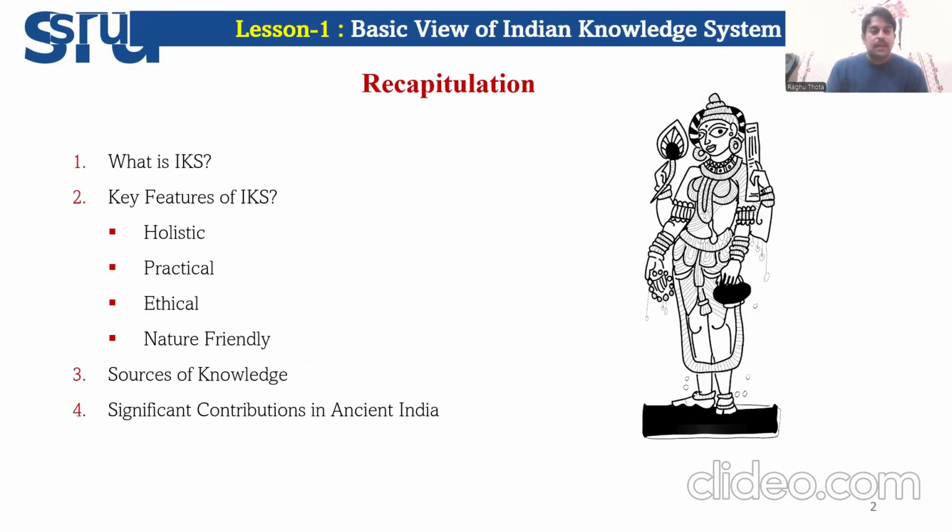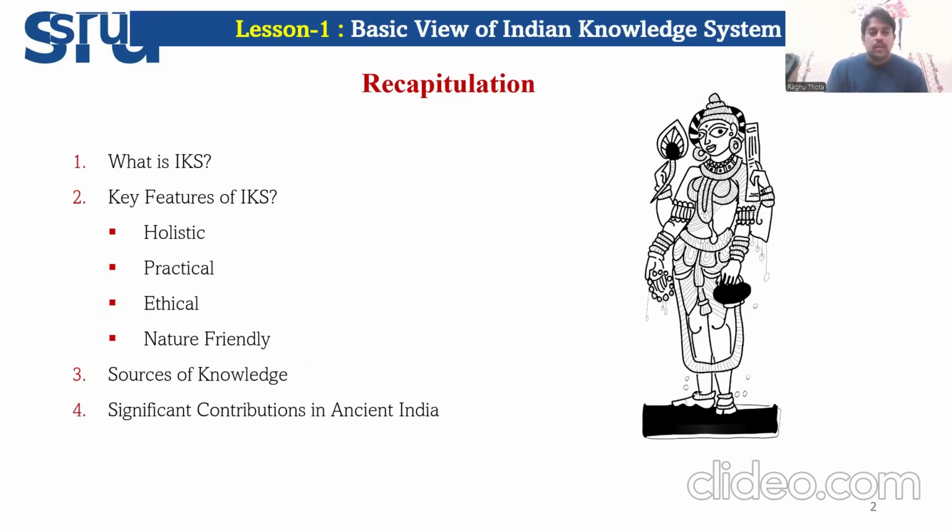The best example I have already given: the trees provide oxygen, which is an essential element for humans to survive on this earth. On the other side of the coin, we are releasing carbon dioxide, which is essential for the trees to survive. In such a way, we are depending on each other on this earth, and that is what holistic means.